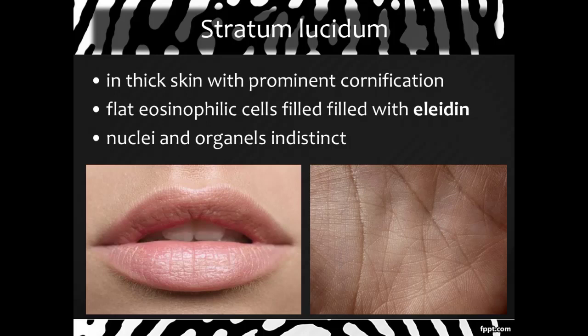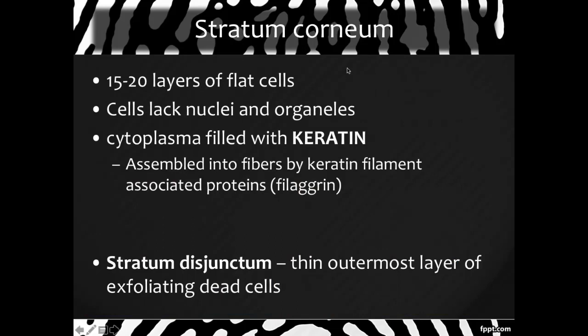When the organelles become disrupted, they eventually disappear as the cell gradually fills with aggregations of keratin. In stratum corneum, which is the outermost layer, there are from 15 to 20 layers of flat cells. These flattened cells are sometimes called corneocytes, because